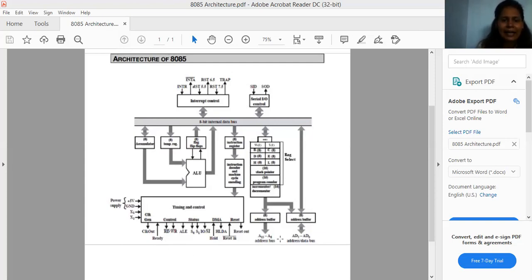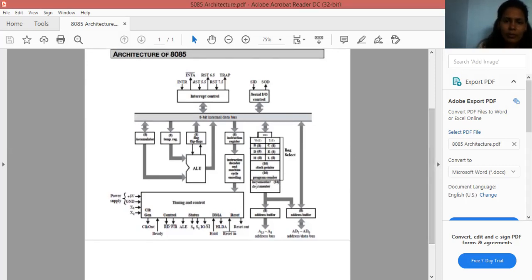This is the architecture of 8085 microprocessor. We will understand this architecture from the program counter.